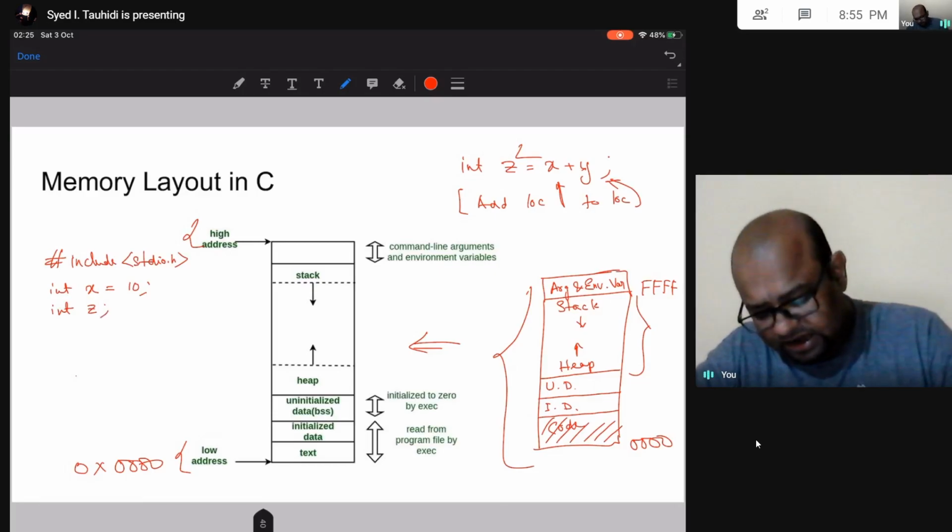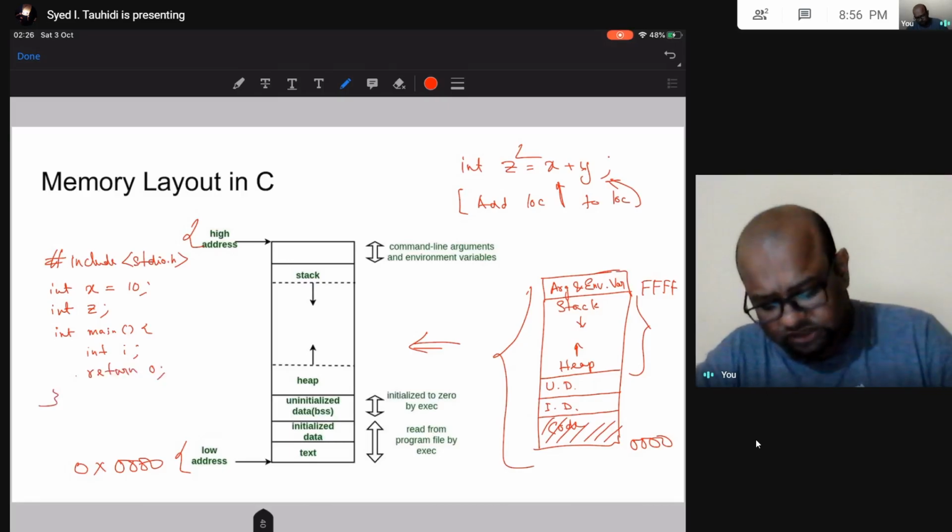Then I am going to have int main, and I am going to create a local variable inside this main function, int i, and I am going to return 0. Since the return type is int, I have to return 0.